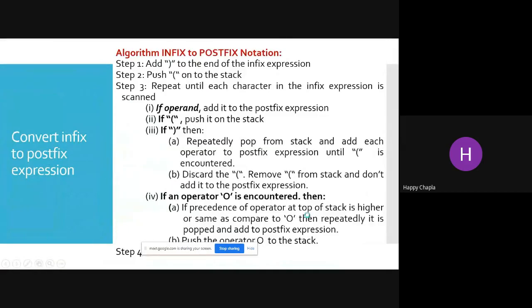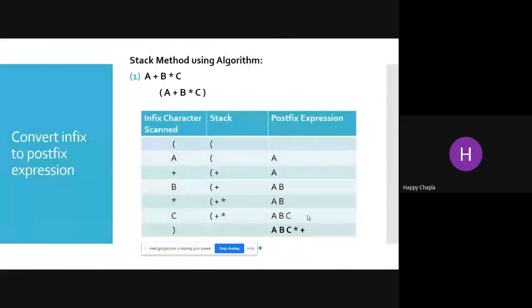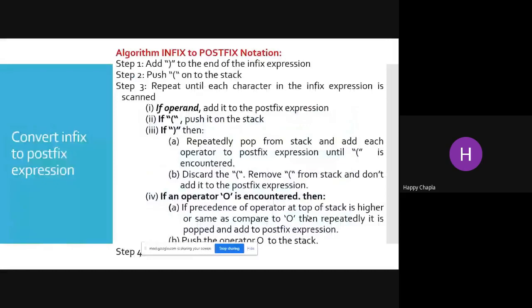Okay, in the last lecture we discussed this example of how you can convert your infix expression into postfix using stack. So here we have the algorithm. According to our algorithm, we need to convert our expression into postfix.